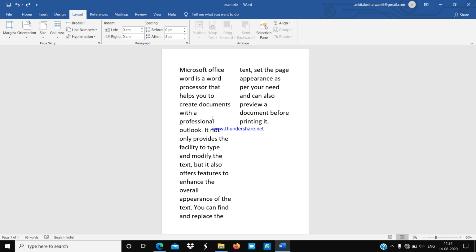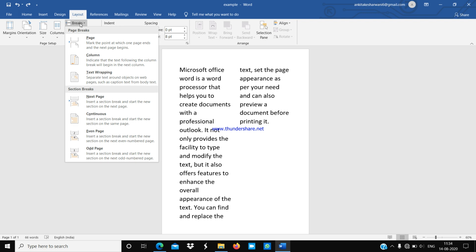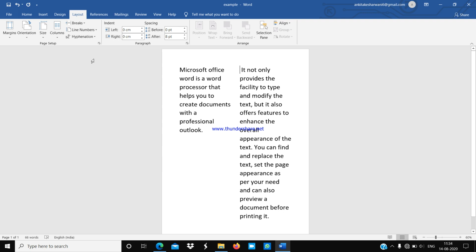First, I have to bring my mouse cursor here, between Outlook and it word. Then click on the Layout tab, which is already selected. Now I have to click on the Breaks button. From here I have to click on the column option. As I click on it, you can see my column is broken from the Outlook word.